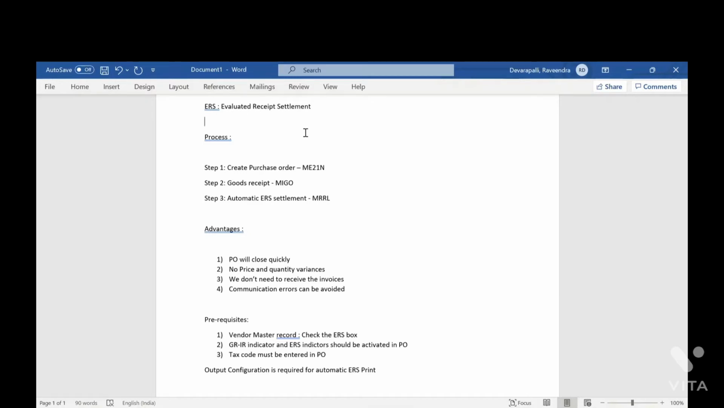It is based on a comparison of our PO price and GR quantity. From the PO we already have the price and how much we ordered, and from the GR how much quantity you received. So the price and quantity are both taken from the PO and GR. Then the system will automatically create the invoice in the background. So why do we need to do this ERS? Because we might have a good relationship between the vendor and our company. We both have agreed,